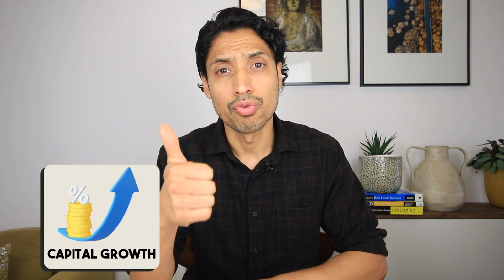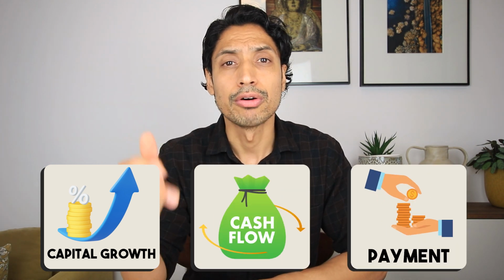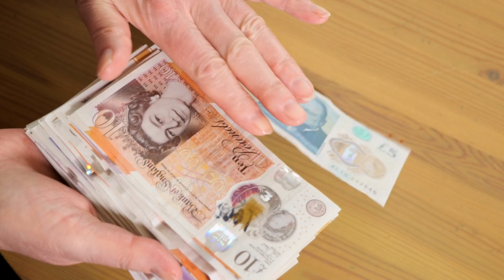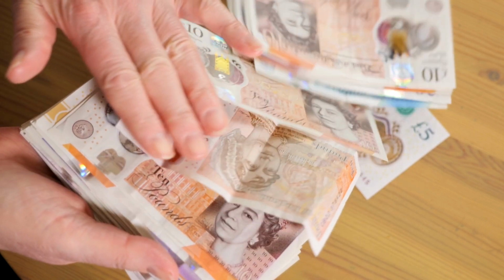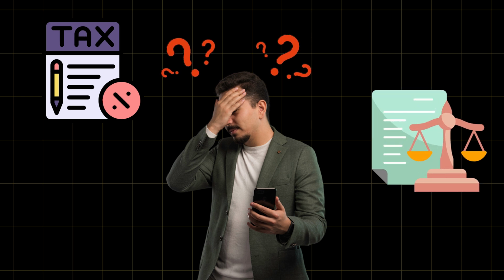Number one, capital growth, which is where you win. Cash flow from rent, but also someone else paying your debt. So clearly, professional landlords see property investment as a long-term strategy to build wealth. For smaller landlords, those with up to 3 properties, their desire to grow their portfolio is surprisingly still strong. I'll say surprisingly, because of course, those are the ones that have the most concerns when it comes to taxes and those changing regulations. But they are still looking to maximize on their rental income and see property as a